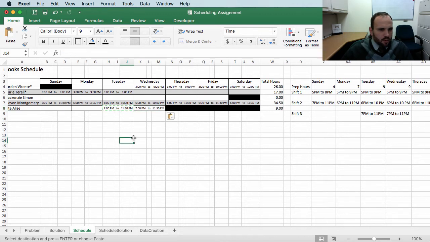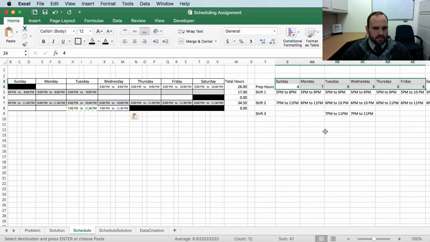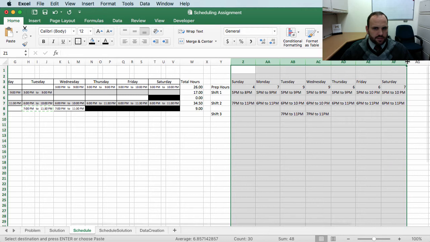So now we've incorporated in all of the needs for the line. We've incorporated in our opening shifts. We've also incorporated in our closing shifts. Okay, the only thing left to do really is now to incorporate in the amount of prep hours. Okay, and we have those all here. So let's go ahead and shrink these down just so we can kind of fit it all